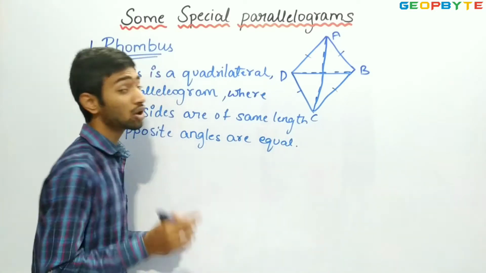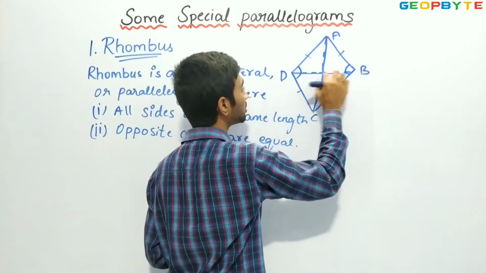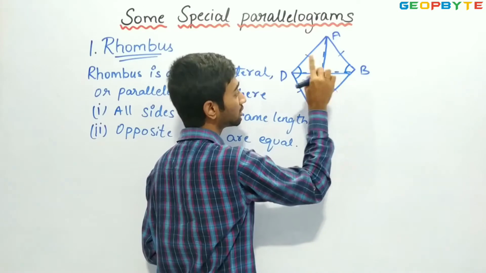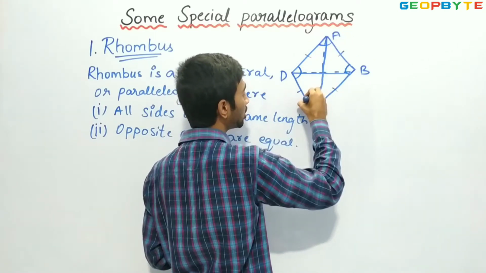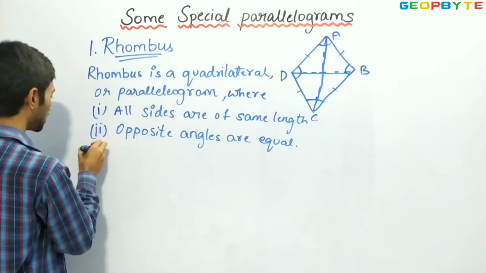So in a rhombus, opposite angles are equal. That is, these two are opposite angles, so these two angles will be equal. And these two are opposite angles and these two angles will be equal. Next,